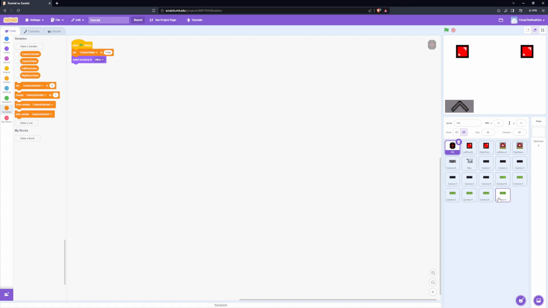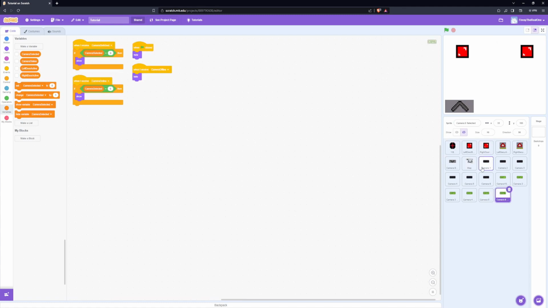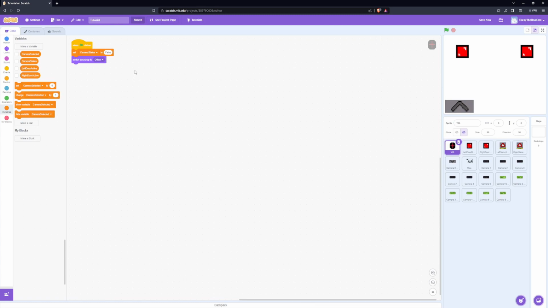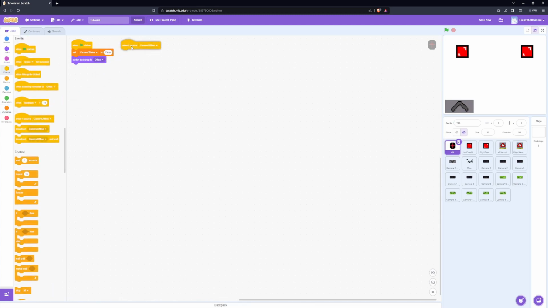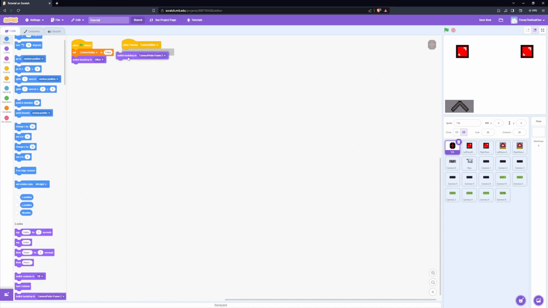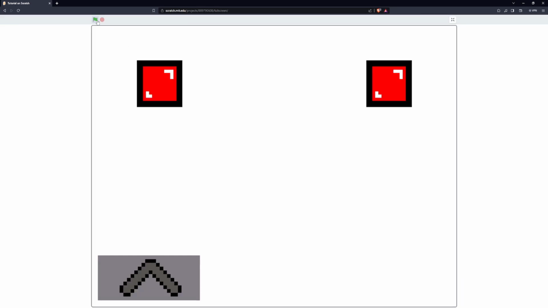So, I finished off the green buttons. Here I did a change. I already told you guys to fix this beforehand. But here it's supposed to be when I receive camera offline hide, and not when I receive camera online show. And now here I want you guys to put when I receive camera offline, switch backdrop to office. So now if we test it out,